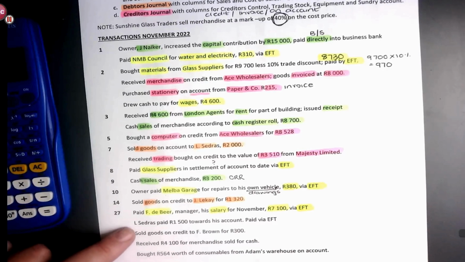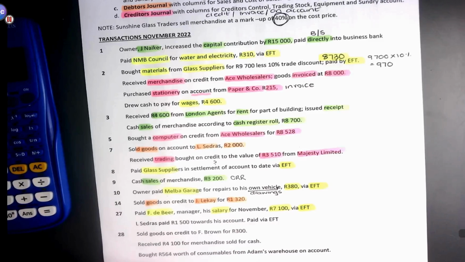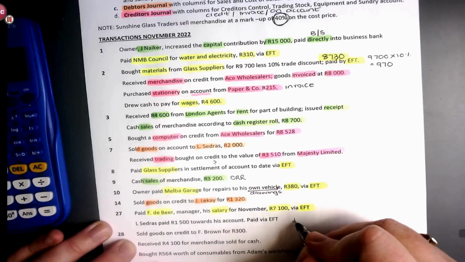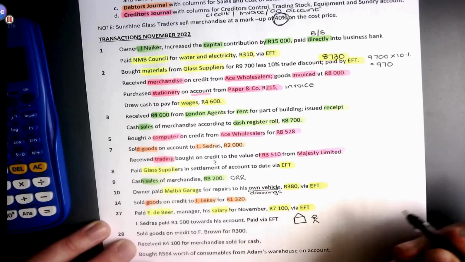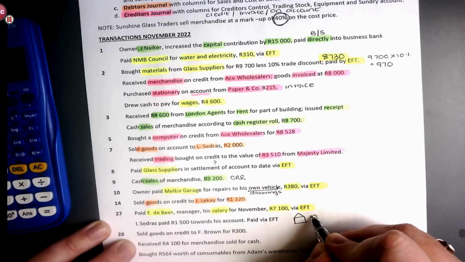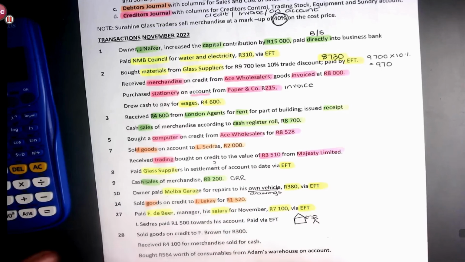Next we're looking at L. Cedras paid 1,500 Rand towards his account, he paid via EFT. So L. Cedras is a debtor. Now the debtor eventually has to pay their account. I mean, they can't just keep buying and buying and buying on account without ever paying it back, because the business needs to be able to operate. So when El Cedras pays the business, if you think about it this way, here's the business. I know my artwork is beautiful. And this is El Cedras. When he is paying, the business is receiving 1,500 Rand